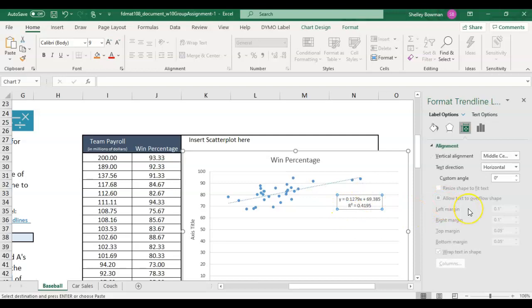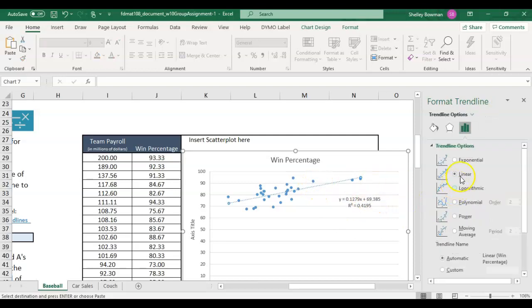And then we're going to go through our different options for the trend line and decide which one will be best, watching our R-squared value. So our linear here is 0.4195. Now, there's lots of options, and while the R-squared will increase at times, moving to higher power versus linear,